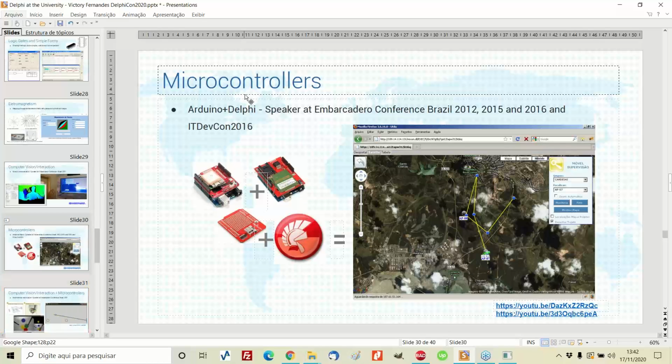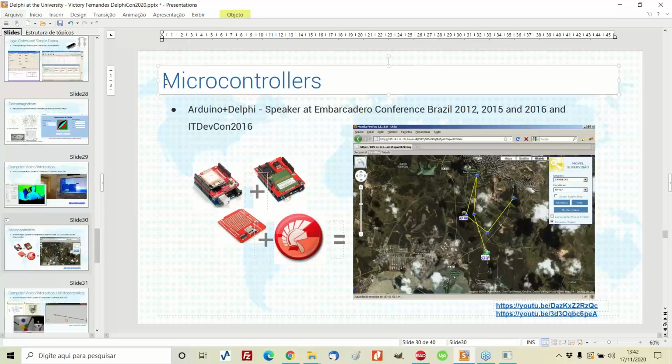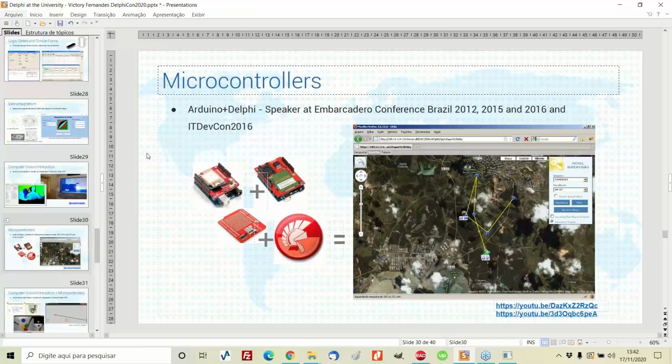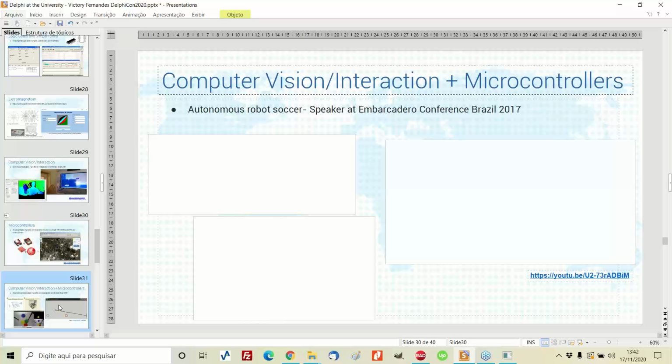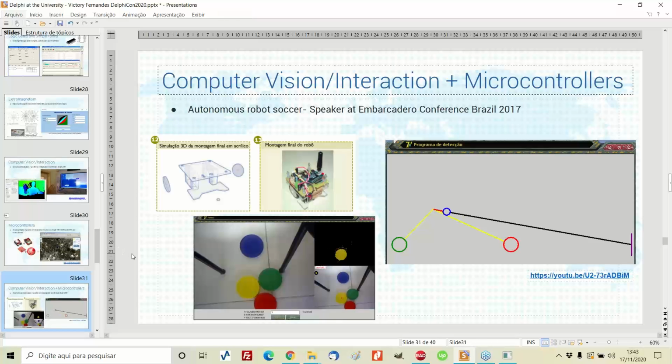Okay. Microcontrollers is a very advanced discipline in engineering courses where usually it is in semester number 7, 8, or 9, depending on the institution and depending on the course. But I used to teach this thing too. I teach mostly with PIC, with Arduino and with 8051 microcontrollers. So I like the thing that we can integrate with embedded C or embedded assembler. I used to teach with assembler too. So in 2017, I came back to the Embarcadero conference, putting together the two things, computer vision and microcontrollers.